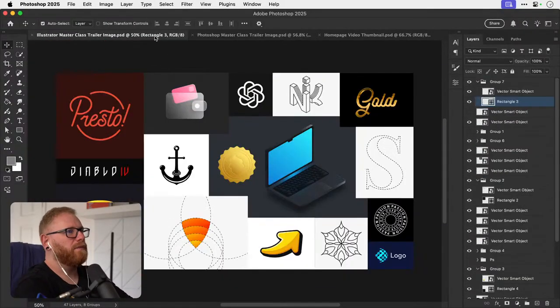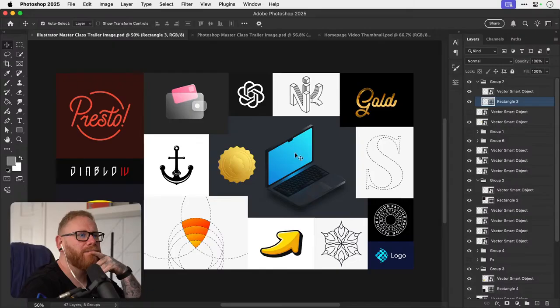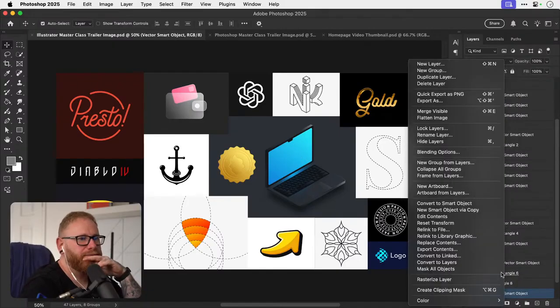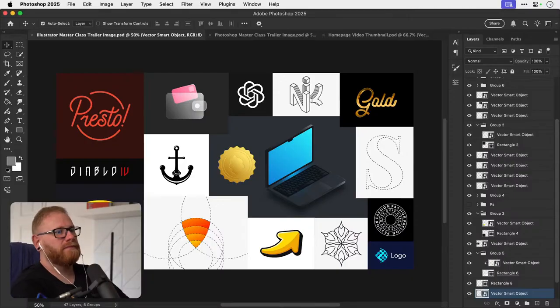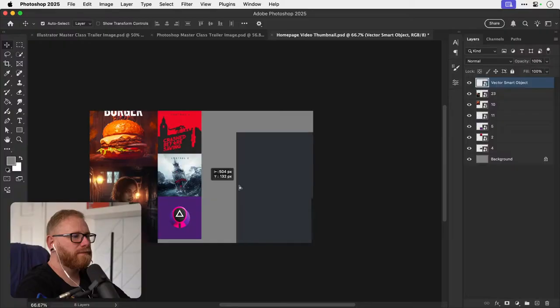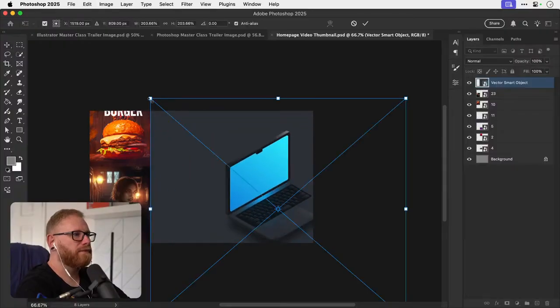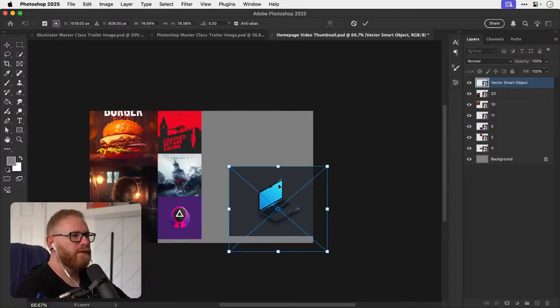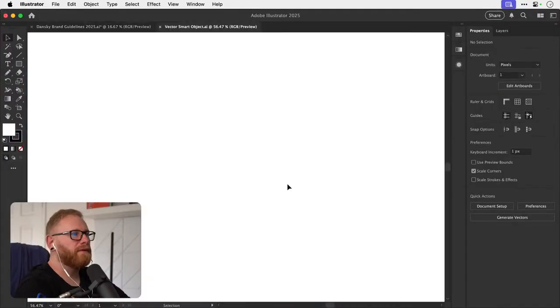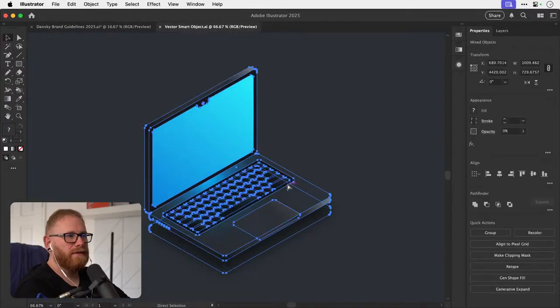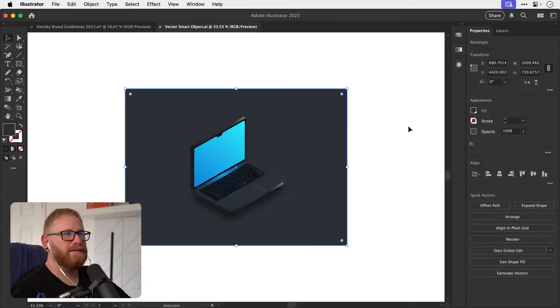What else? What have we got? Laptopper. Right. What's the width? 1,000.